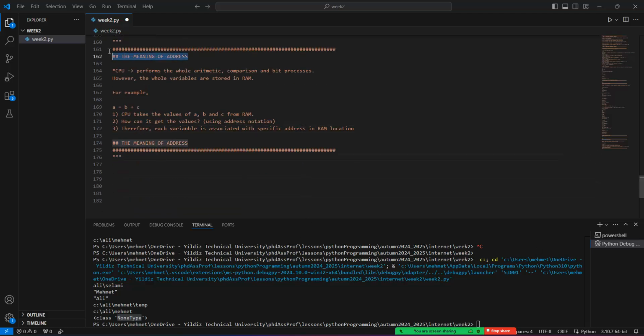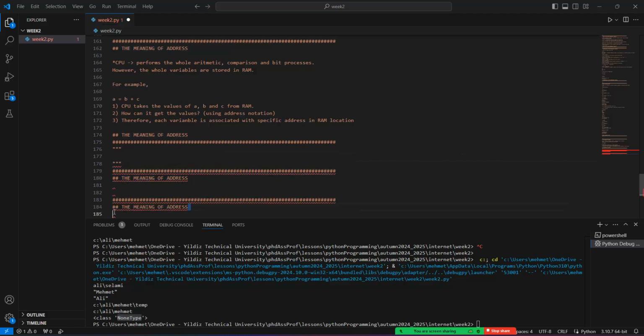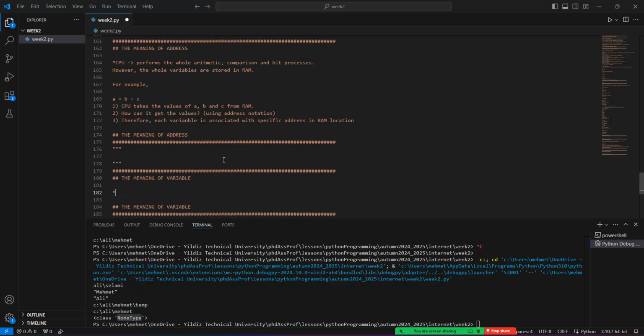what is the meaning of variable? We must talk about variable. If we know the definition of the address, we can write in a programming language that possesses a dynamic type system, which means that we can assign any integer, string value, or bool value, and another one. All variables are considered as pointers,